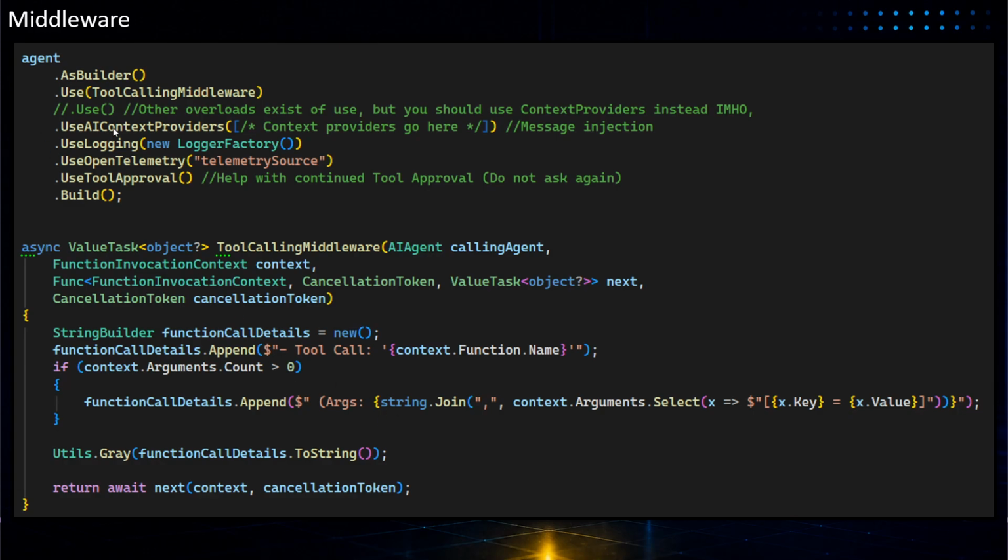You can also use other versions of this. Mostly they are covered by context providers instead, because the AI context providers can also be defined here, but only message-based AI context providers. Again, covered in the AI context providers deep dive video itself.